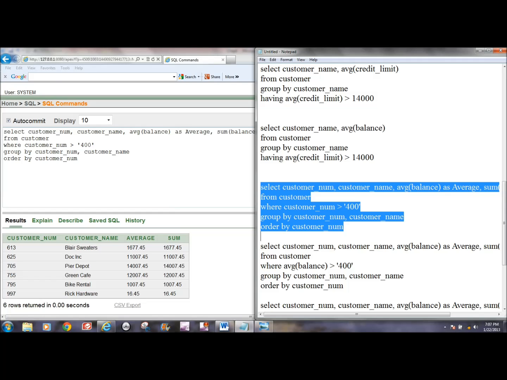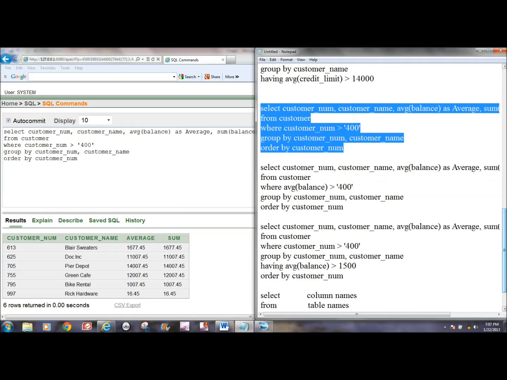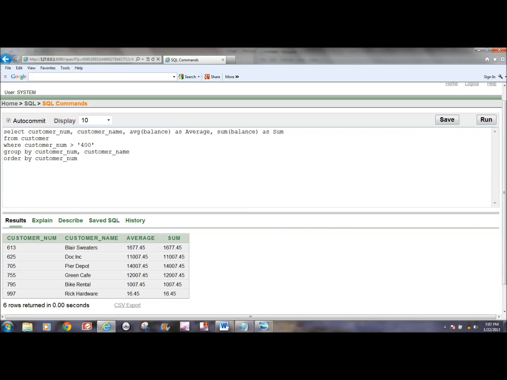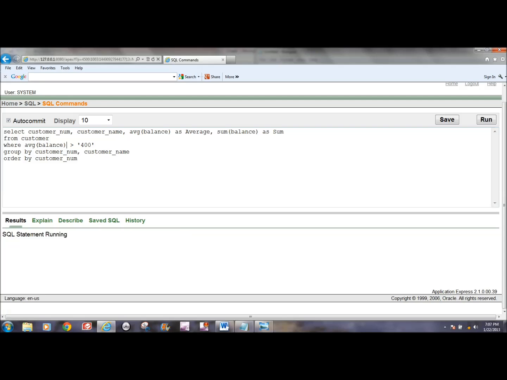Now, what happens when you decide that you want to restrict the average balance to greater than 400? Well, you get this error because it says it's not a group function. So let's change it back to customer num. Suppose we want to once again restrict the groups of information. When you're using a select from where statement and you want to use the having clause, you have to use it after the group by. So we'd say having